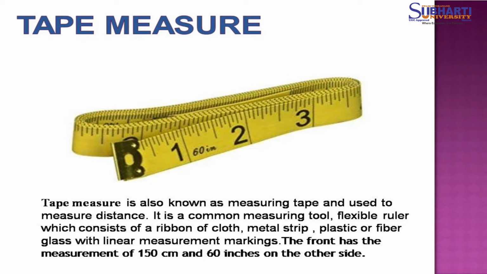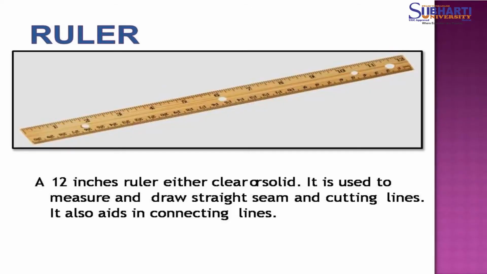The front has a measurement of 150 centimeters and 60 inches on the other side. So this tool is used to take body measurements, round body measurements like round bust, round waist, round hip. It is a very essential tool that a fashion designer must carry with himself all the time while creating a